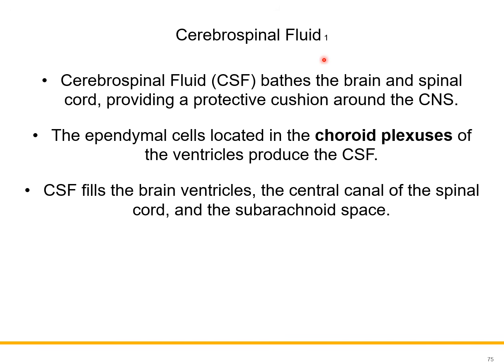The cerebrospinal fluid, or CSF, is a fluid that is produced by ependymal cells, and this serves to provide a fluid cushion to the central nervous system para po hindi directly nagtatouch or nag-rub against the vertebral column and the skull yung components ng CNS, so the brain and the spinal cord. So maliban sa meninges, meron ding fluid that surrounds the brain and spinal cord so that they have something to float on para ayun nga po, hindi sila directly gumagasgas dun sa skeletal system natin that is surrounding them.